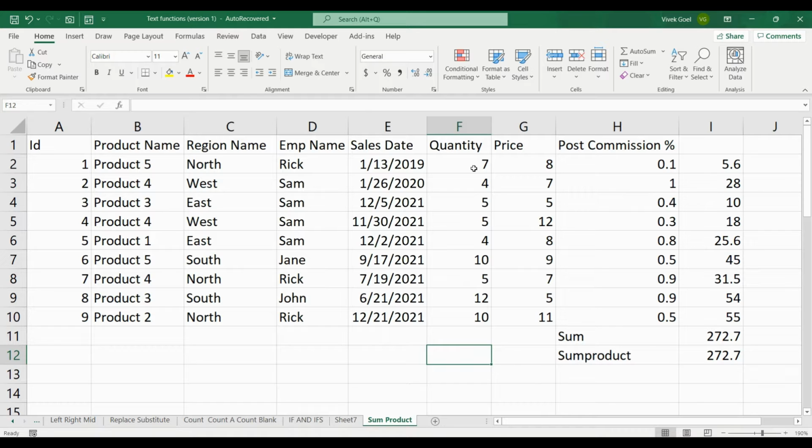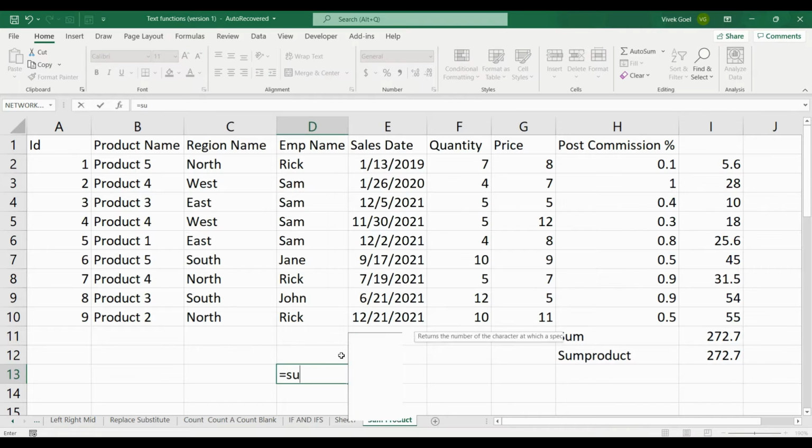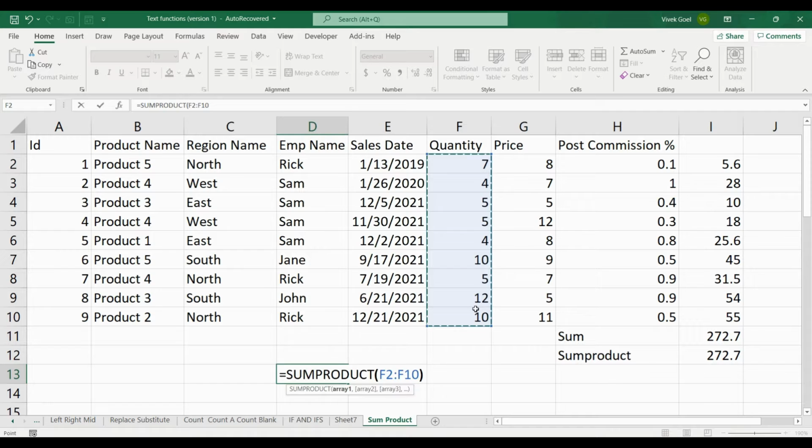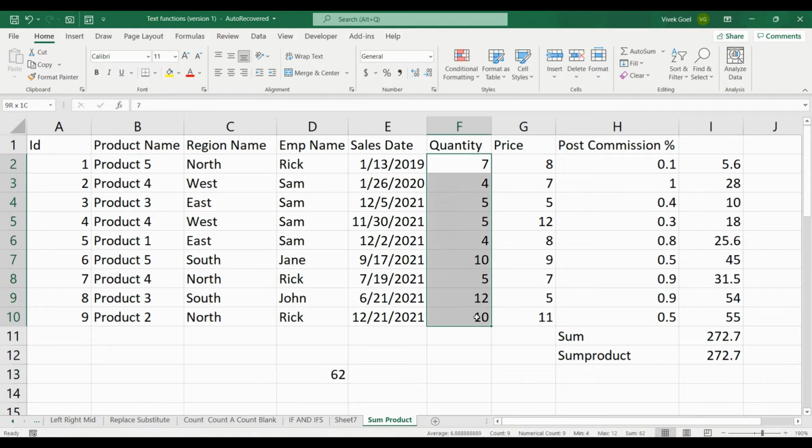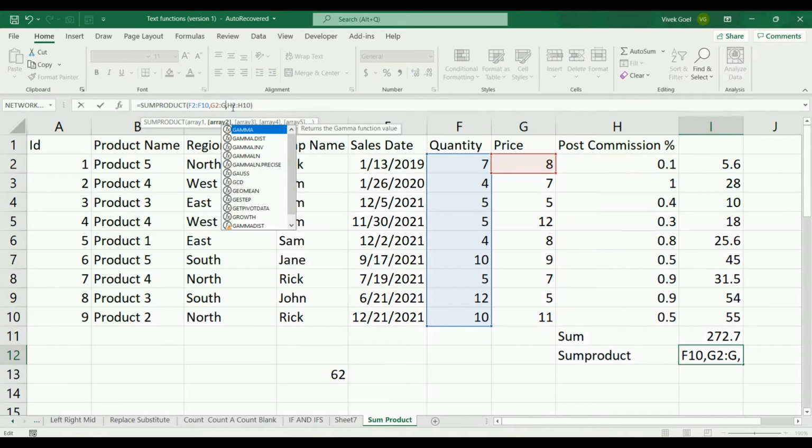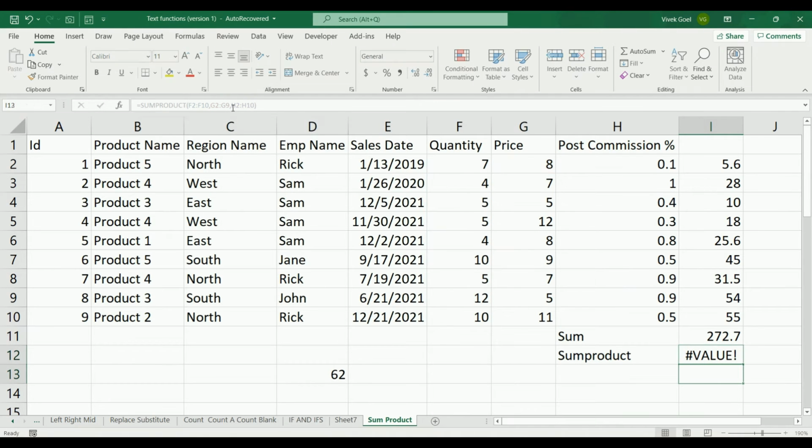When we have multiple columns as input, Excel first multiplies and then adds. But if we have only one column, Excel simply adds the column values because it has nothing to multiply it with. For example, if we use SUMPRODUCT just on the quantity, it will return the sum of the quantity because there is no row by row calculation here. The important thing to note here is that all columns should be of the exact same size. If we change the range of one of the columns, it will start giving us a #VALUE! error.